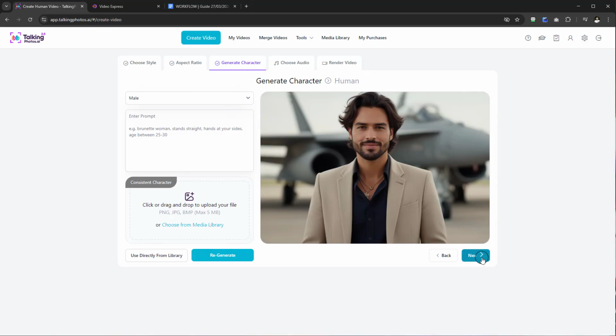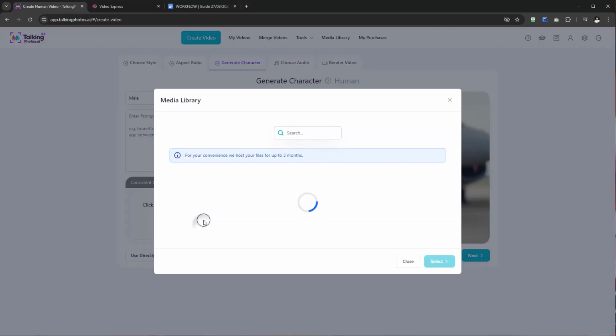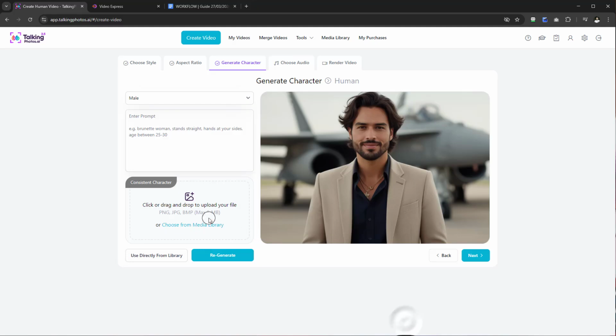Now, before doing so, if you want to have a consistent character and you want to change the background, and so on and so forth, you can just recreate the subject, but maybe change the background and customize it to your liking. Okay, and another port of call is, if I just show you this, if we go to choose from media library, or what we do, let's just type in a professional male in the office with staff, or let's just keep it in the office.